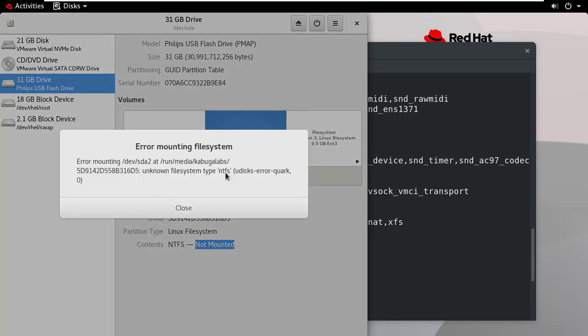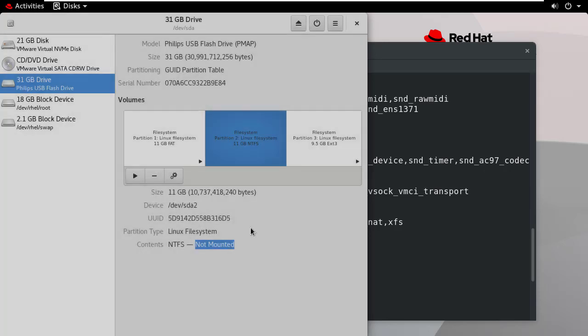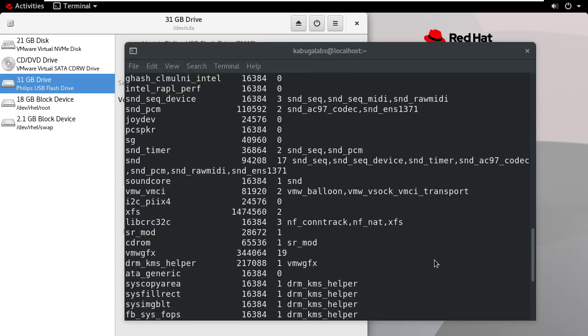Unknown file system, NTFS. Let's close that. This is because by default, Red Hat is not shipped with a module for accessing this type of file system, although you may install it later. Back to the terminal,